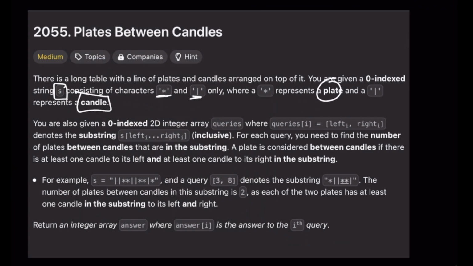We're also given a bunch of queries, and these queries contain a left index and a right index. This left and right index denotes the substring that can be created using the given string S. And the goal of this question is to figure out the number of plates between the candles that are in the string. Now, one thing very important is that we only count the plates that are in between the candles